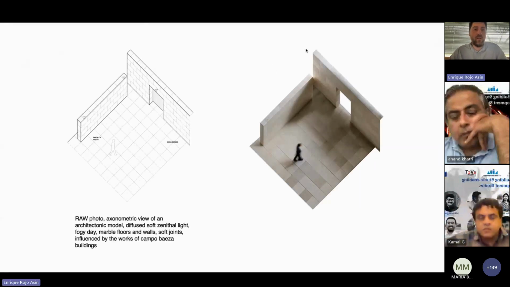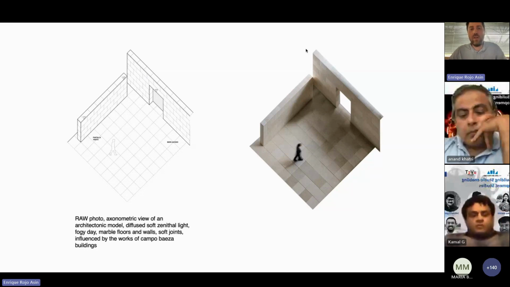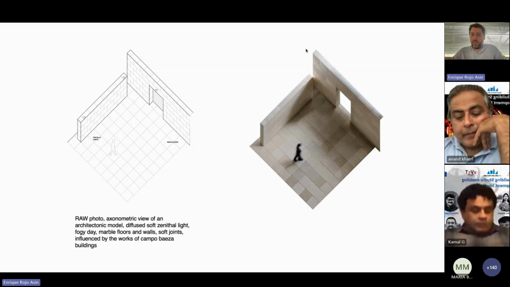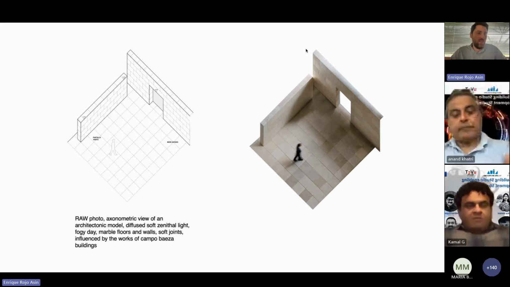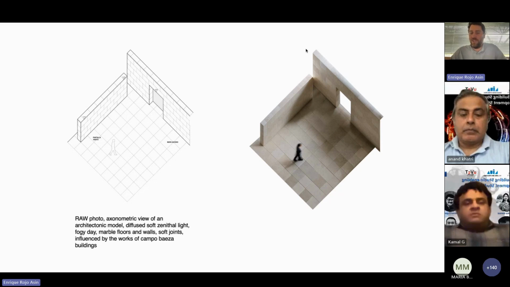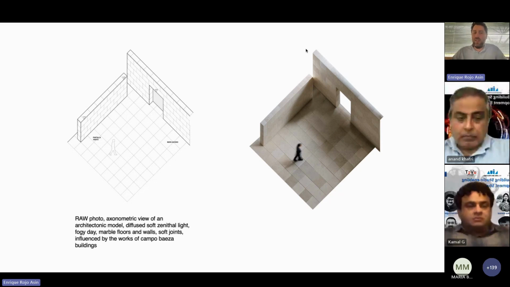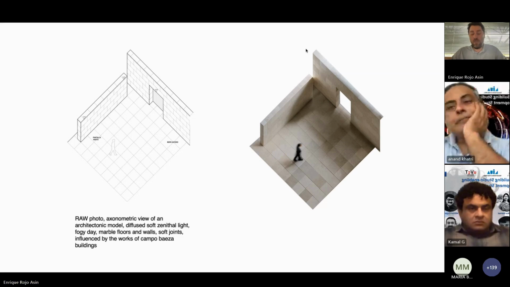For example, in this one you have a technical drawing as an axonometric, so you can obtain a real model. You take the time to draw all these junctions of the stone, and you see the result, which is quite nice because in the drawing it can sometimes be a bit too abstract. So that's a technique that allows you to have more control in the project, and that's why I'm saying you can use them through different phases of the project, not only at the end, but from the start.